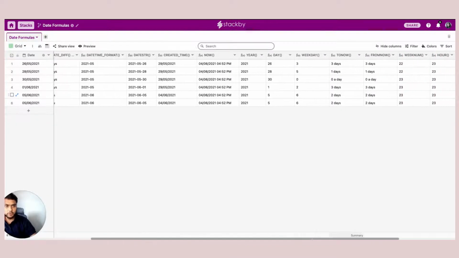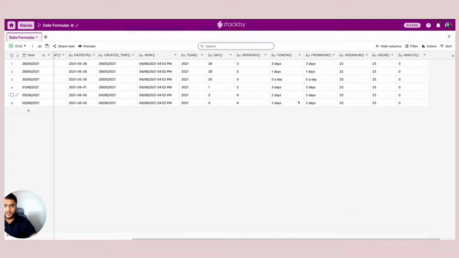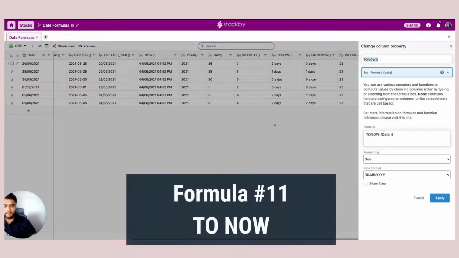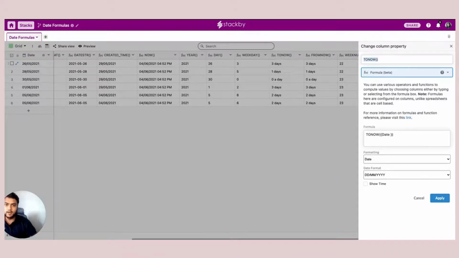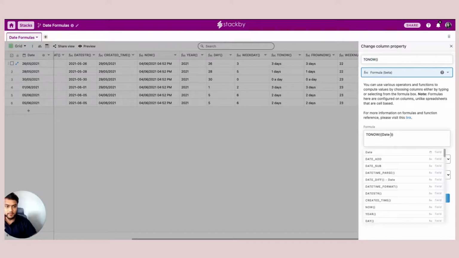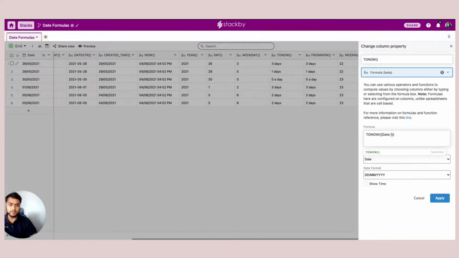You can also use to now and from now. To now is a function that tells how many days are left, the difference between this date and the date today, how many days remain for that day to become today's date. Use to now and just give the date as the reference.